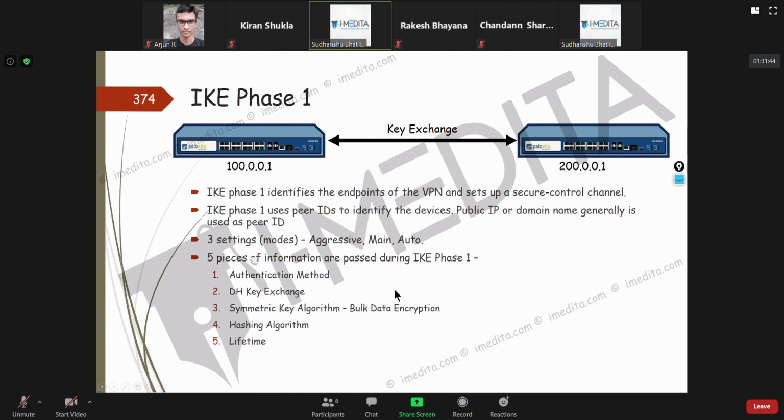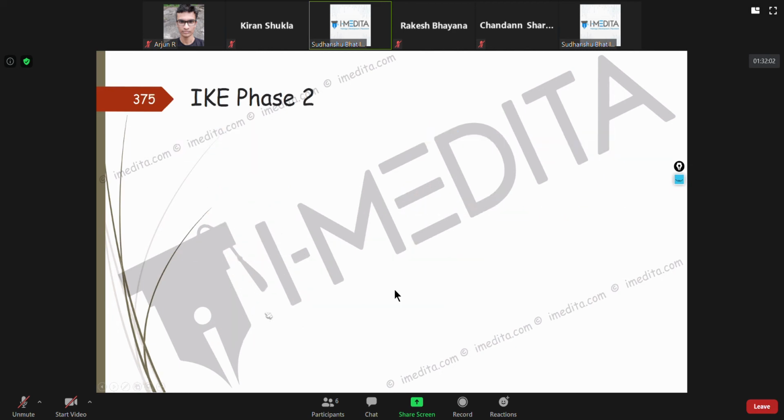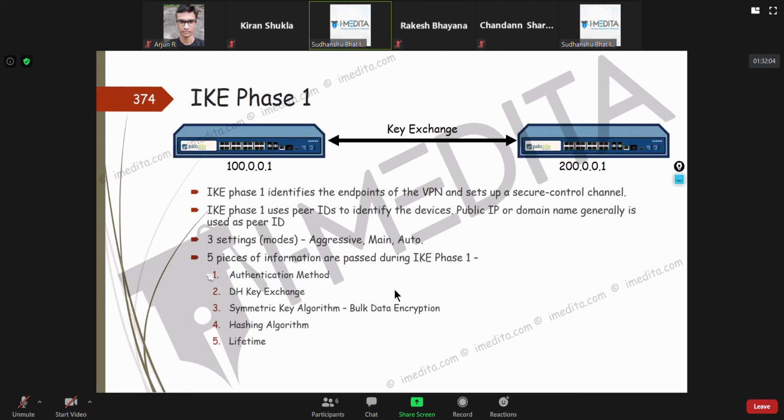And there are 5 pieces that are exchanged during IKE phase 1: authentication method, Diffie-Hellman key, the symmetric key algorithm, hashing algorithm, and lifetime. These are generally good to remember from an interview point of view. We didn't need to modify them for just configuration, but sometimes people ask what things are exchanged during IKE phase 1.